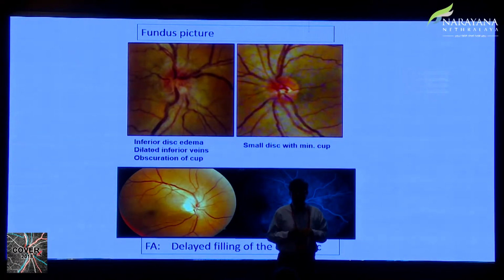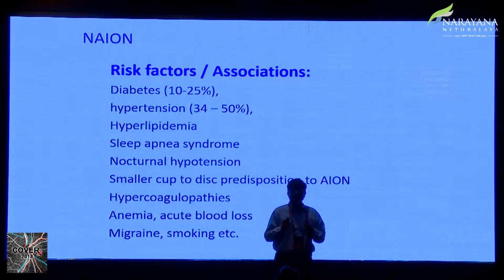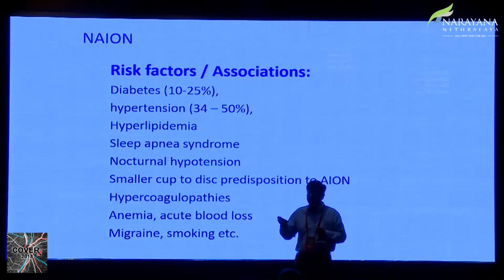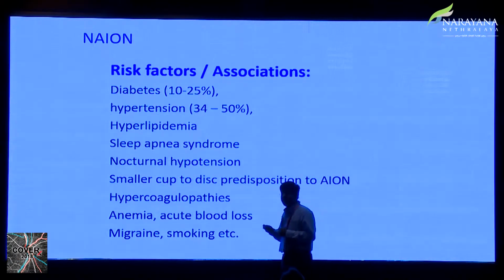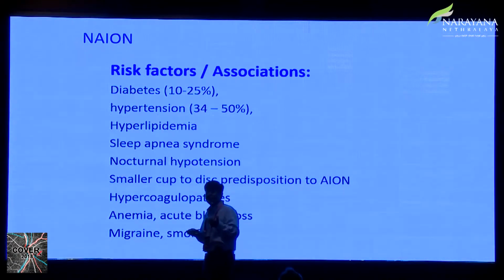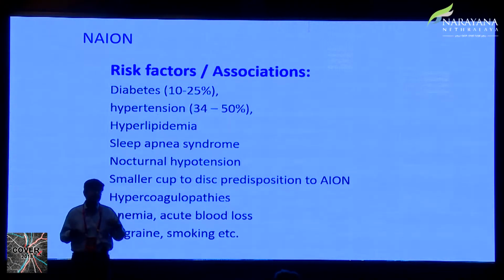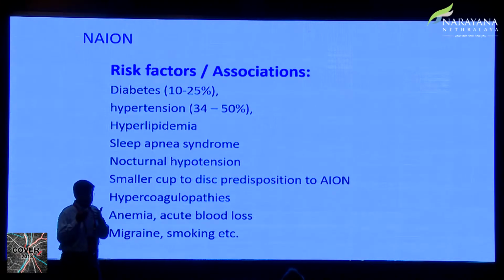The cup is obscured, there may be a few splinter hemorrhages, there is a delayed filling of the optic nerve head, which is all pointing towards NAION, and the most important thing you're looking for are the risk factors, which would be diabetes, hypertension, hyperlipidemia, sleep apnea, nocturnal hypotension. So patients with hypertension using their antihypertensives at night may actually present with sudden loss of vision in the morning. A small cup,